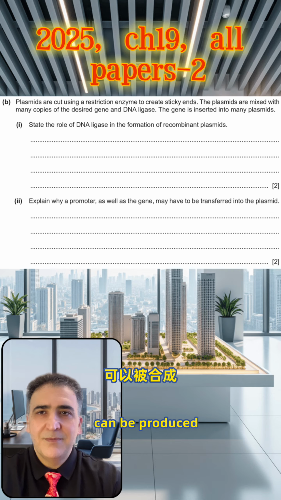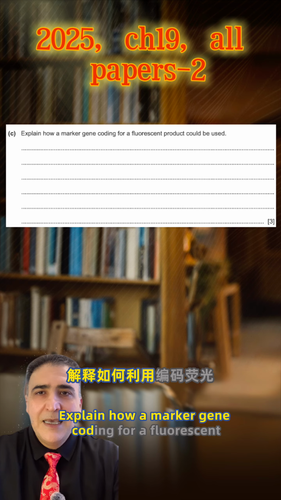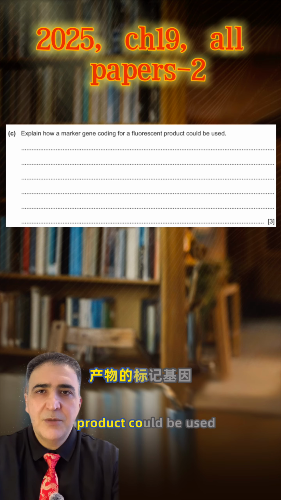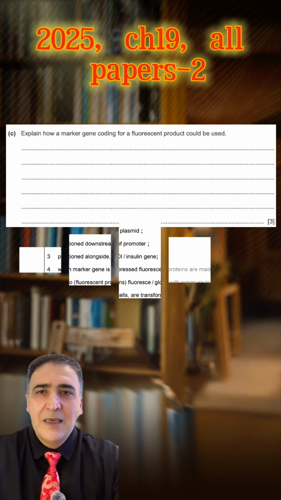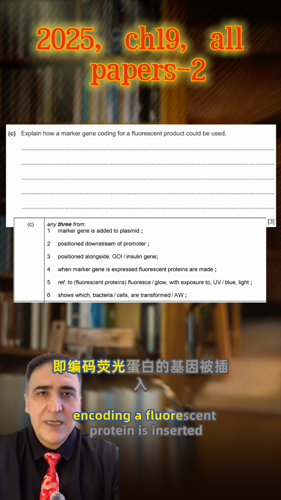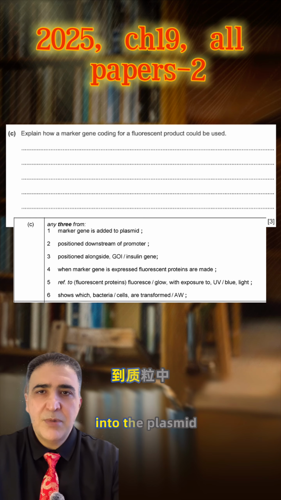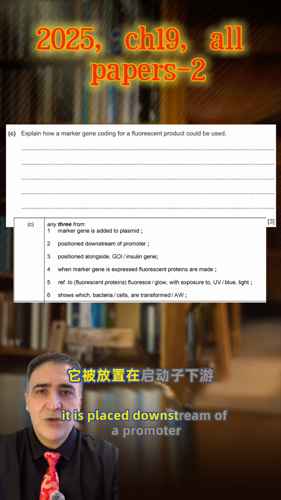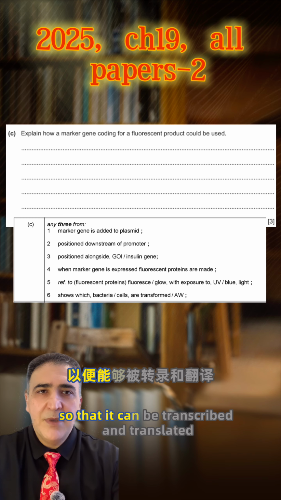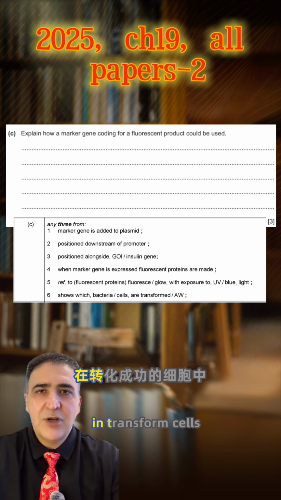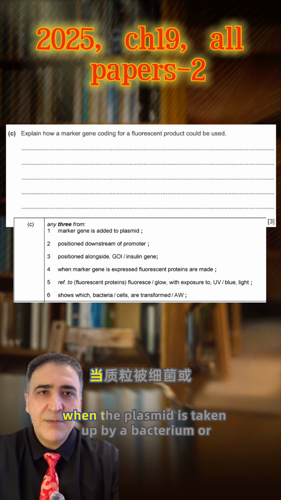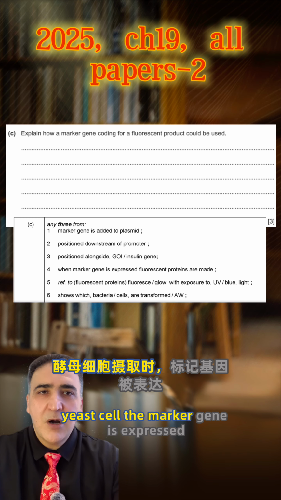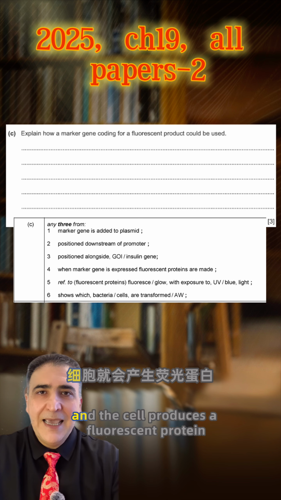Section C. Explain how a marker gene coding for a fluorescent product could be used. A marker gene encoding a fluorescent protein is inserted into the plasmid alongside the gene of interest. It is placed downstream of a promoter so that it can be transcribed and translated in transformed cells. When the plasmid is taken up by a bacterium or yeast cell, the marker gene is expressed, and the cell